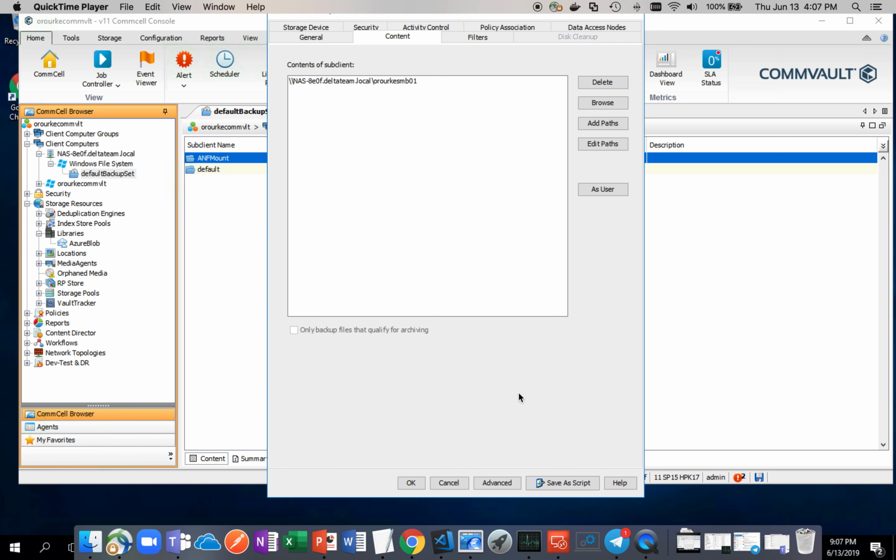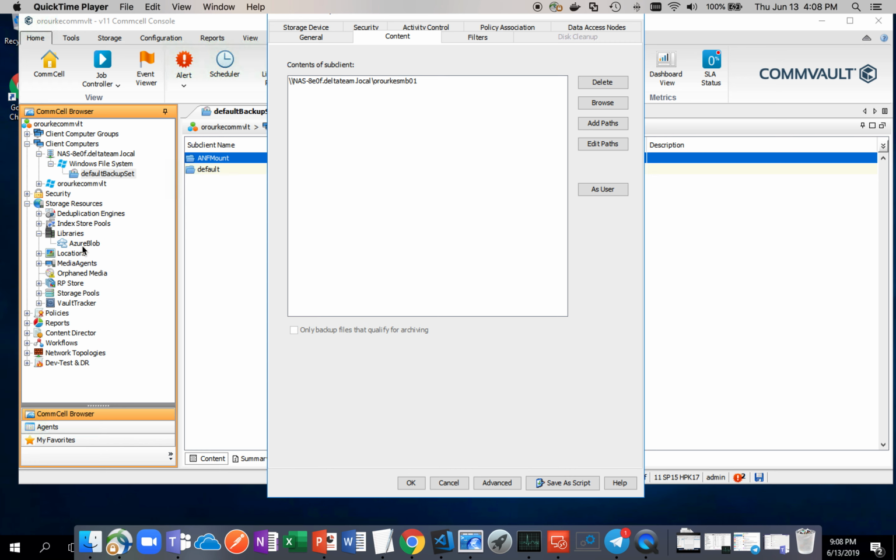And so this is what I'm actually logged into. I have the media server and the master running on the same Windows 2016 server. And you'll see here that in this context, this is the volume that I'm backing up. So I've defined a sub-client off of my Windows host to say this is the device that I want backed up. And I'm sending it off to Azure Blob, which is my library,